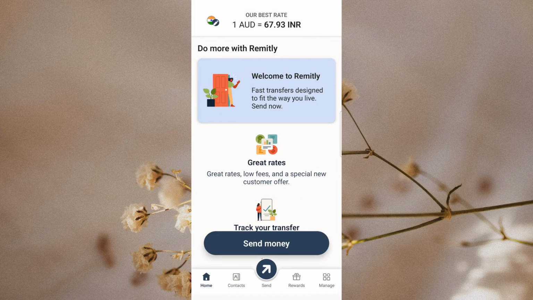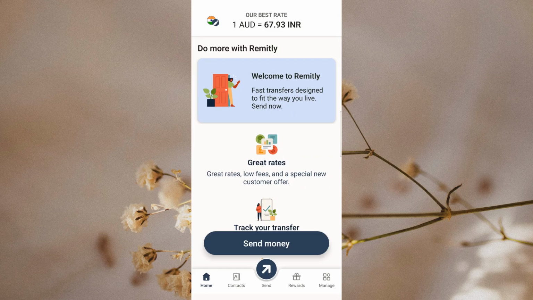In today's video, I'm going to teach you how to send money to Saudi Arabia with Remitly. We'll go through the process from opening the app or website, all the way to entering the recipient's details and completing the transfer. This is a simple process, but it's important to move carefully so all the information is entered correctly.